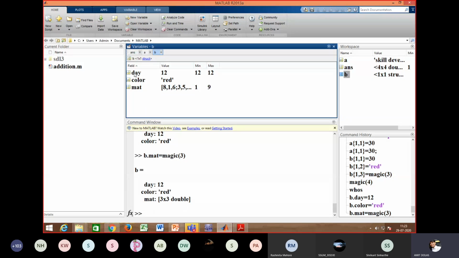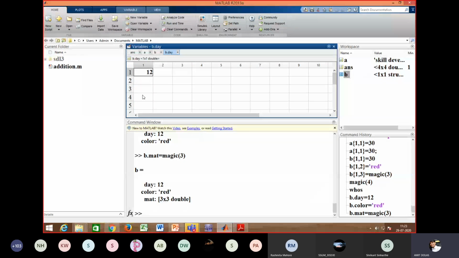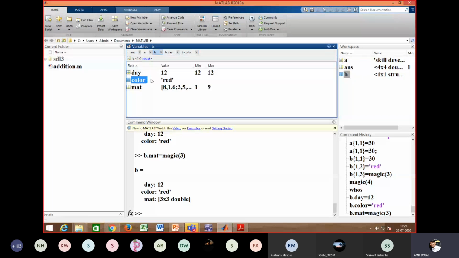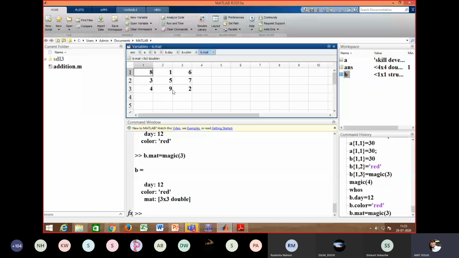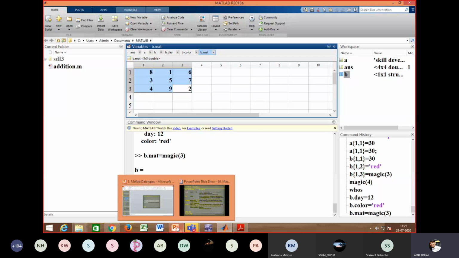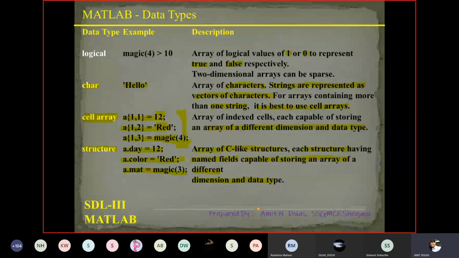Here you can see for day a separate sheet is created, for color a separate sheet is created, and for mat a separate sheet is created which has the magic matrix 3. Okay, so this is how we can use structured data types in MATLAB.